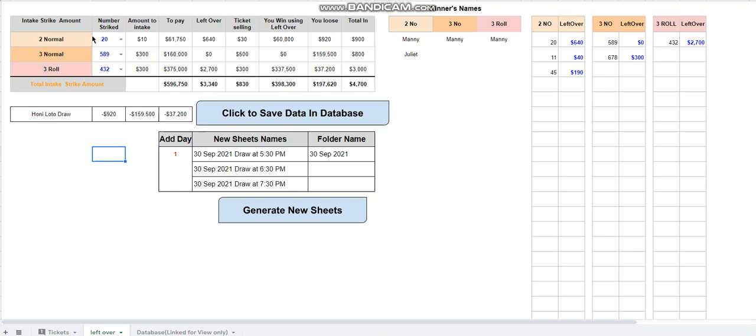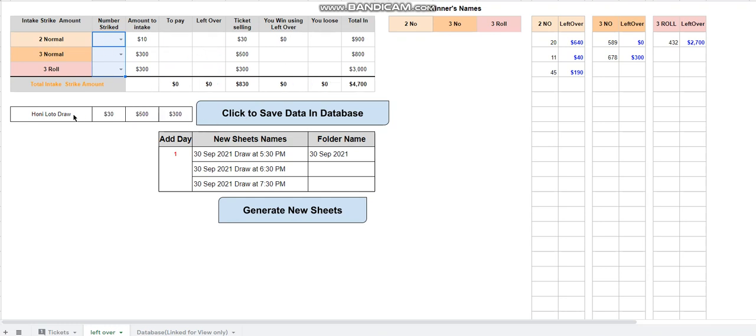So after the completion of this, maybe let's say you say okay, no number strikes, so I want to update the database with these values. What is this? This is the exact file name of your current sheet. Maybe it's for 530. Let me change the name so that you can see it: Loto 28 September 530. So if you will see,